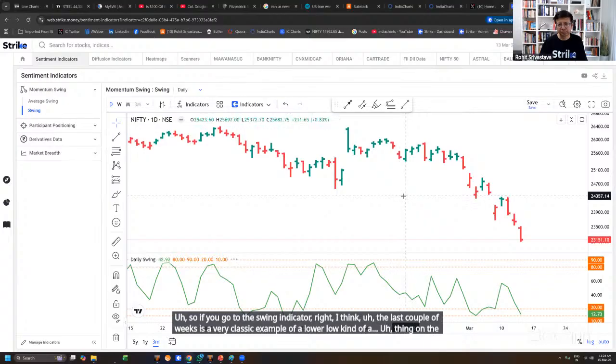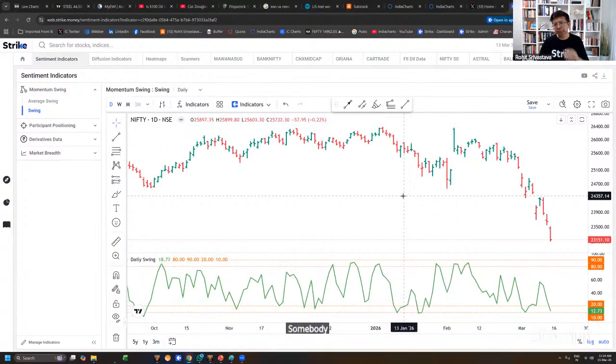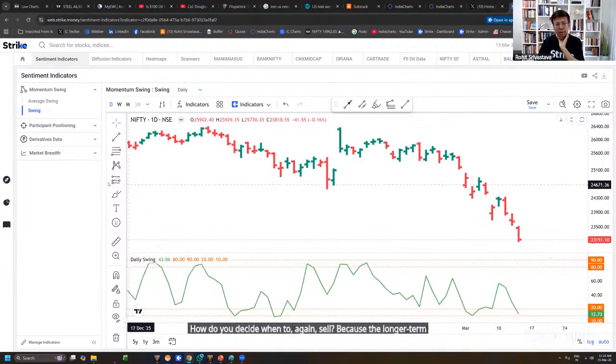Hey Rohit, thank you for an insightful session. I was hearing you yesterday as well, but I was not able to ask my question yesterday, so I'll ask it today. If you go to the swing indicator, I think the last couple of weeks is a very classic example of a lower low on the charts. Now, somebody who's looking at this chart at 23,151 with the swing indicator, how do you decide when to sell again? Because the longer term trend is sell, but the market gave